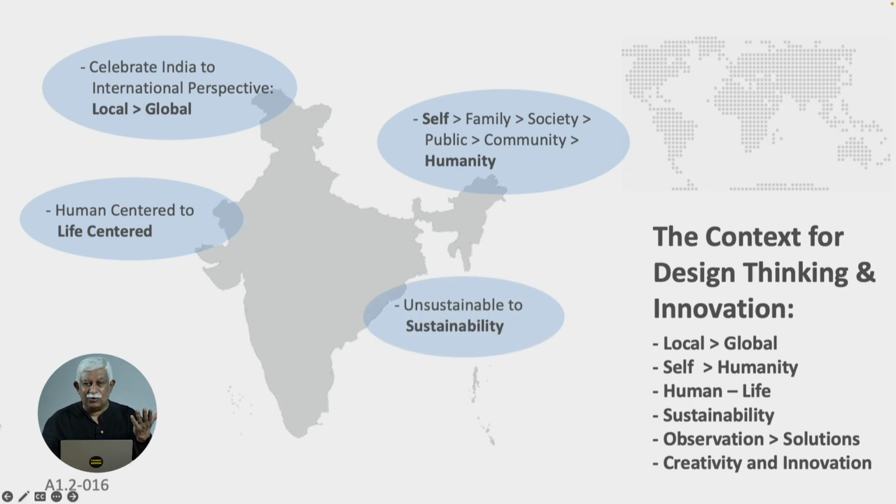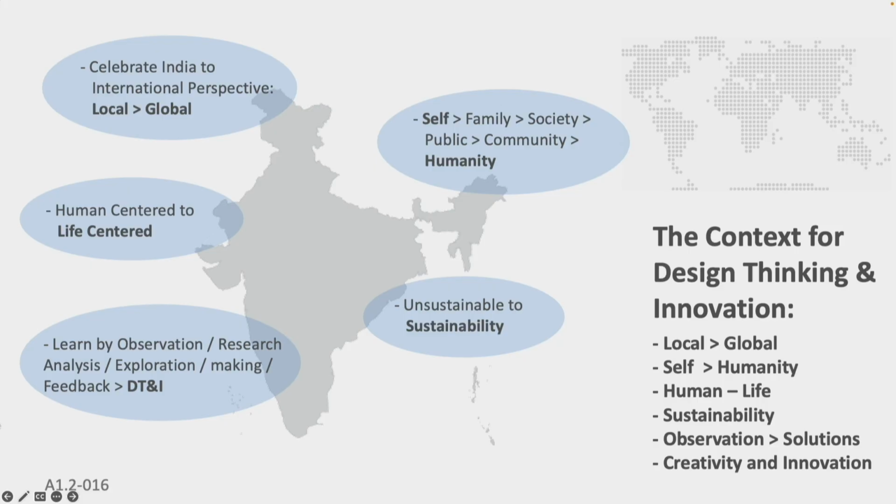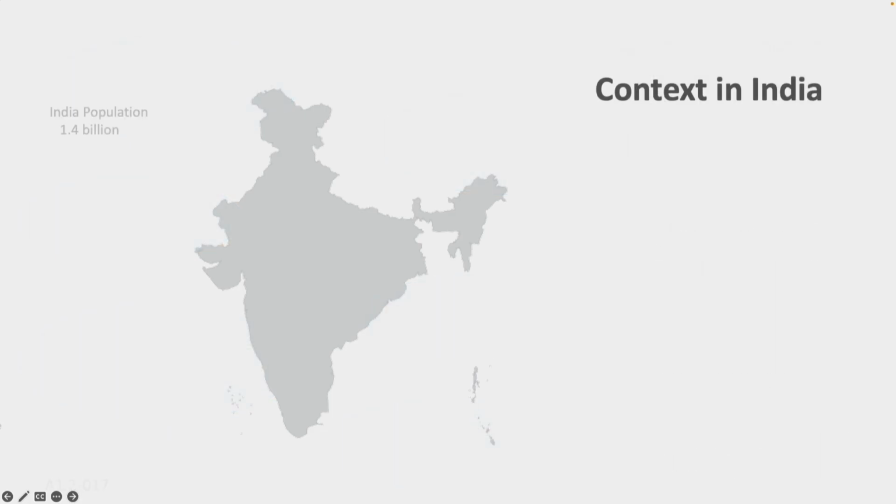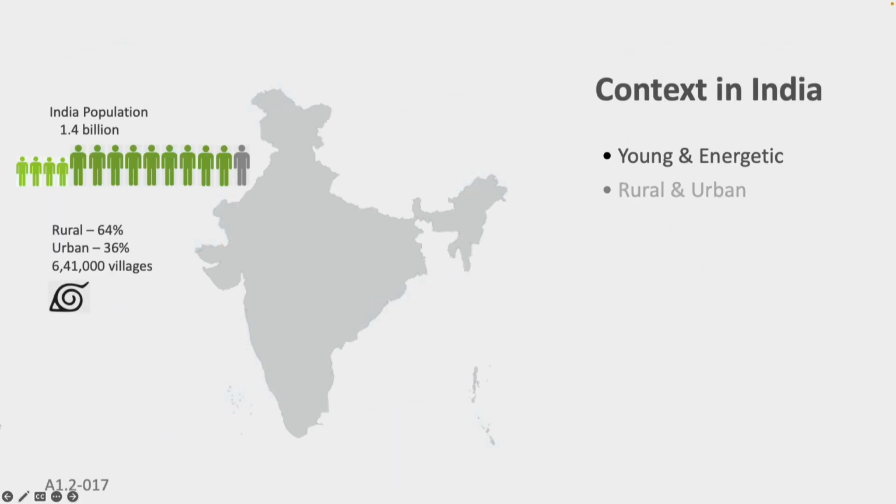Similarly, technology has ended us with an unsustainable world. We need to again make it sustainable. These are the broad issues, but design thinking itself has to do with observation, research, analysis, exploration, making it, getting feedback, and finally creativity and innovation to enable entrepreneurship will be the goal of this particular course. So, if you look at the context in India,